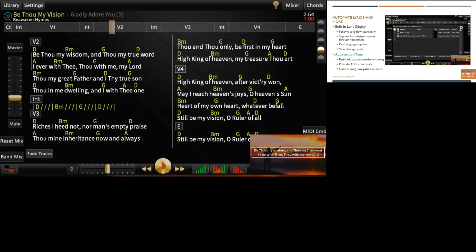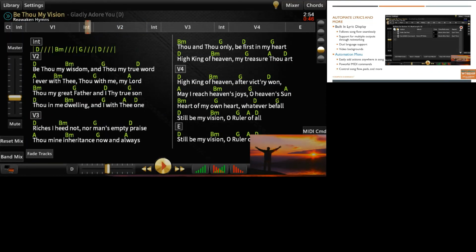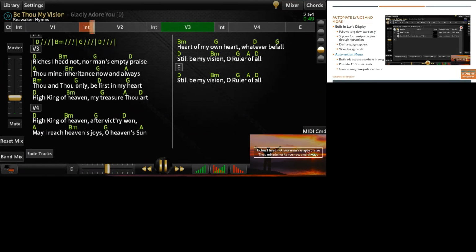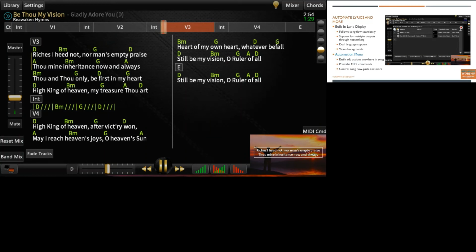Okay, so the lyrics follow along. So if you jump, they do the right thing. So if I go into verse 3 here, 2, 3. You'll notice how the lyrics lead the section a little bit. You can program that in the text file for the song. So basically,